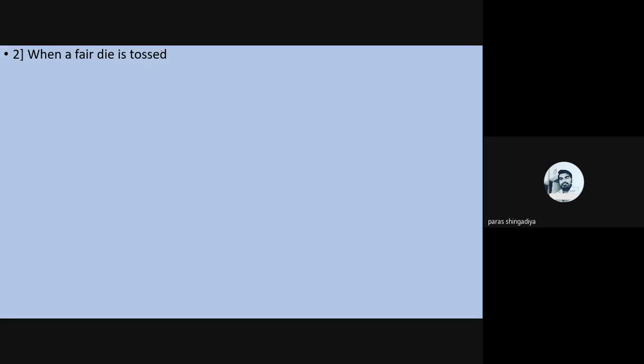In the first case that is one output, in the second case that is a two output, okay, third case में 3 आ रहा है, fourth case में 4 आ रहा है, ठीक है, fifth case में 5 है और last case में 6 है, ठीक है, तो 6 पॉसिबिलिटी होगी उसकी. When a fair die is tossed, आप डाई को टॉस कर रहे हो, ठीक है, तो कितनी पॉसिबिलिटी होगी, 1 2 3 4 5 एंड 6, ठीक है, फर्स्ट केस में वो 1 एग्जिस्ट कर रहा है, सेकंड में 3 है, थर्ड में 2 है, ओके, फोर्थ केस में 5 है एंड सो ऑन. तो सभी पॉसिबिलिटी क्या होगी, 1 either 2 either 3 either 4 either 5 either 6, yeah, these are the possibilities when you toss the die, ठीक है, and that will be our sample space.